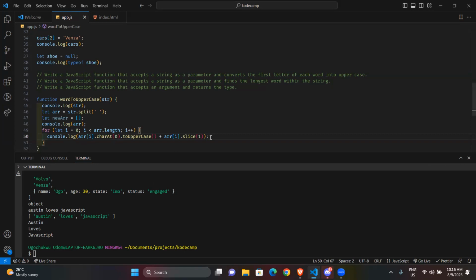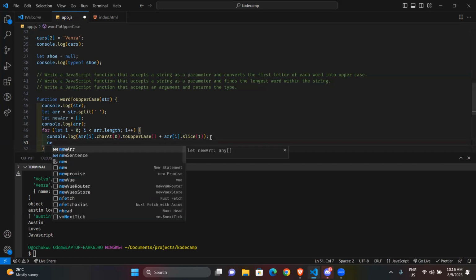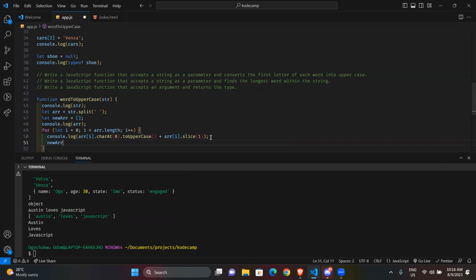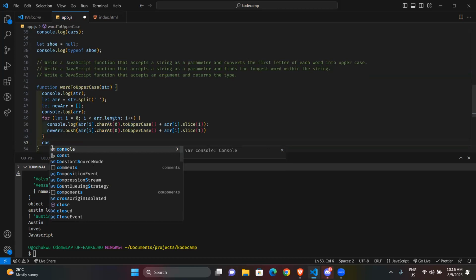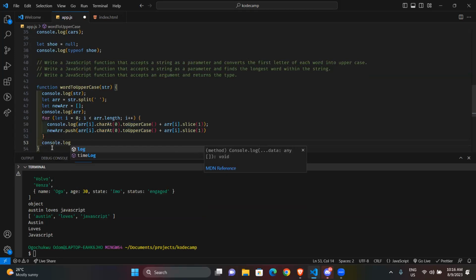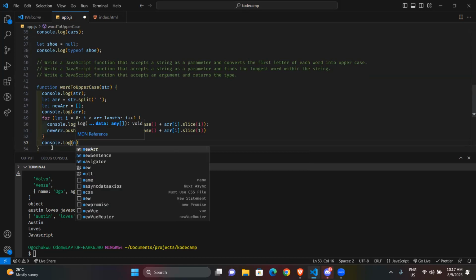But then I need to push this now. So I will just say new array dot push, and I'm just going to get these. If I push this, and then I console log new array here.